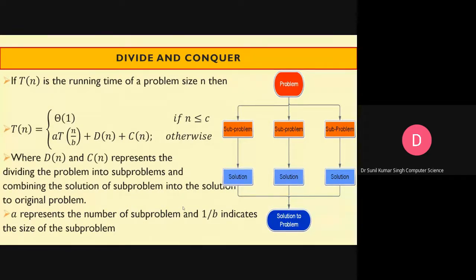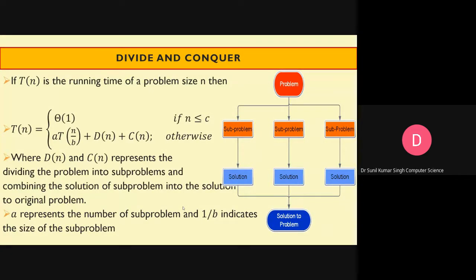When we have recursive steps in any algorithm, we try to write the recurrence relation for finding the complexity of the problem. If we write the algorithm of a problem and it has a recursive step, then to analyze the time complexity of the algorithm we write the recurrence relation, and it is very easy to analyze the complexity of recursive algorithms with the help of recurrence relations.